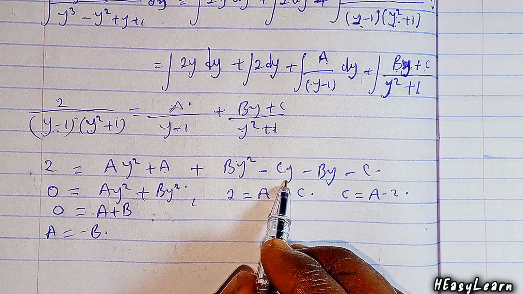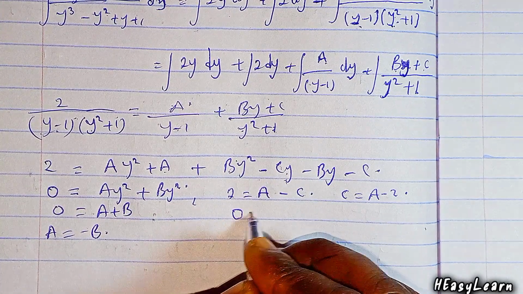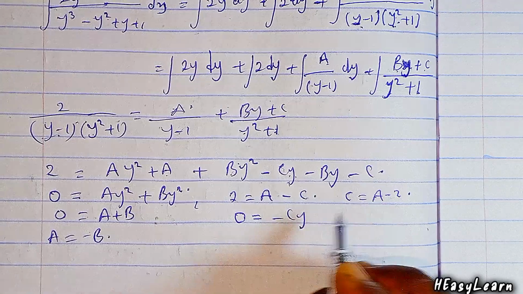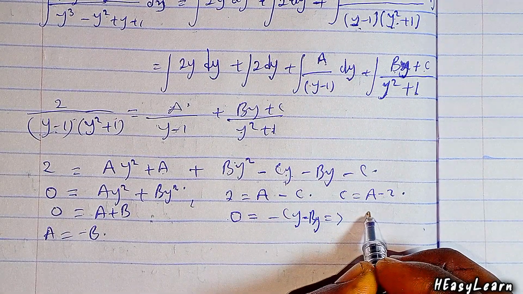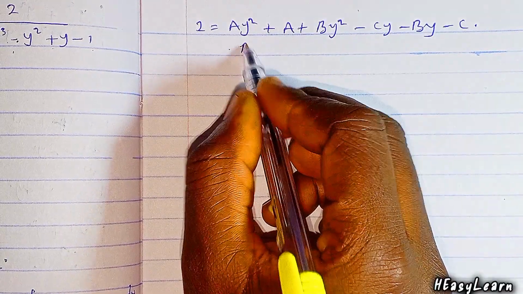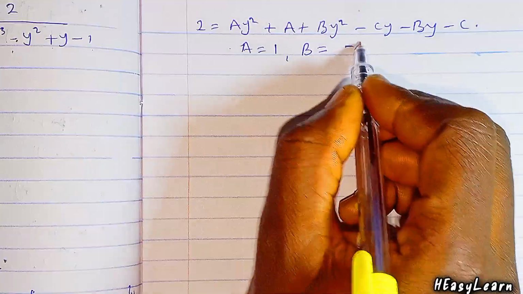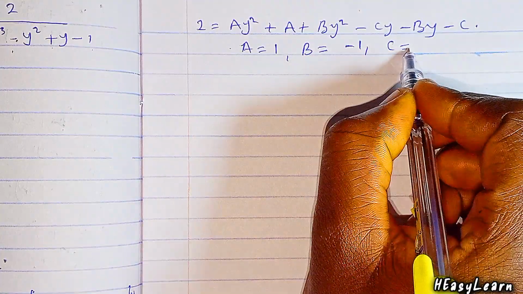Again, any term with y is going to be 0 equals minus C y plus B y. So from this expression we have A equals 1, B equals minus 1, and C equals